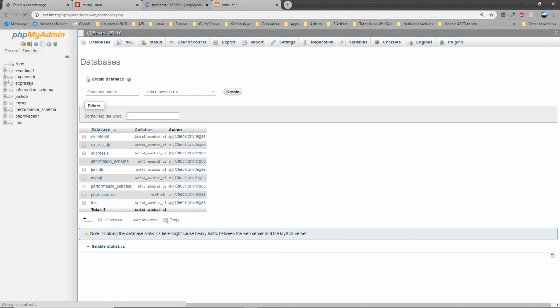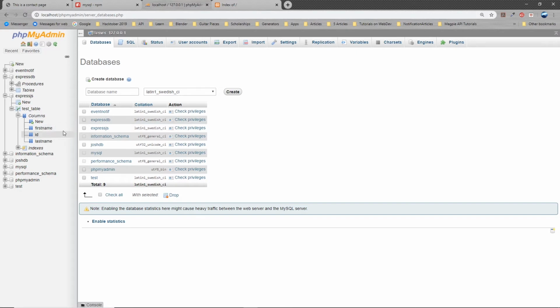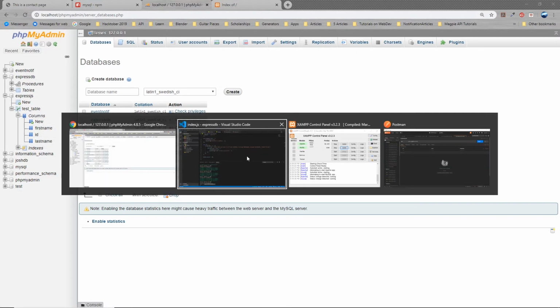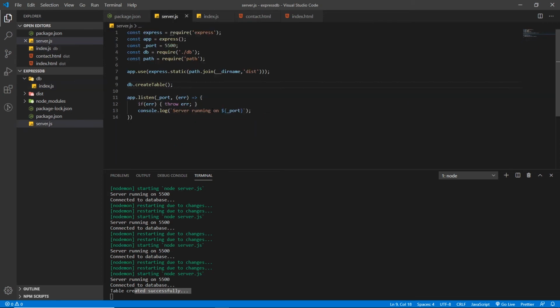There you go. My test table should appear there with the columns ID, first name, and last name. So yep, there it is. Now that we have that, let's try creating